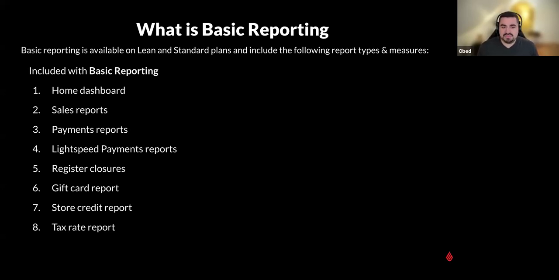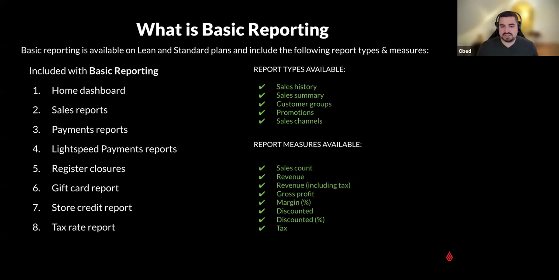On top of that, on the sales report itself, we have different report types that are available. So the basic reporting types on the sales report include sales history, sales summary, the customer groups, promotions, and sales channels. So the report type, you can think of it as how you are going to group your information on that report. So in the sales summary report, it will give you, like the name implies, just a quick summary of